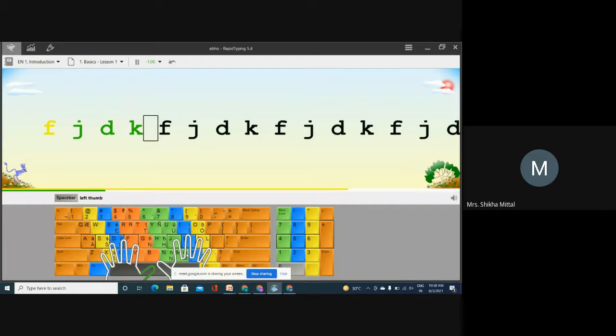Is clear everyone? How to learn rapid typing? Yes, ma'am. Anyone who has a doubt about this rapid typing software? No, ma'am. Okay. Now last thing in this chapter is about some shortcut keys, measurement speeds of your lesson. Just like you want to measure how many letters or characters you are pressing per minute. So you can measure that also. See how you can measure.